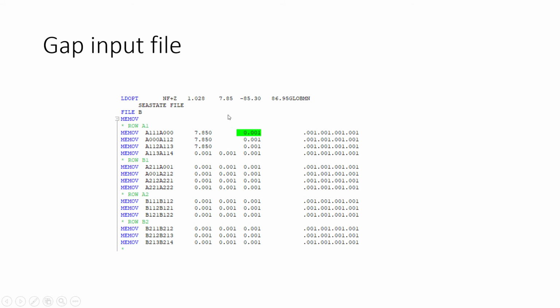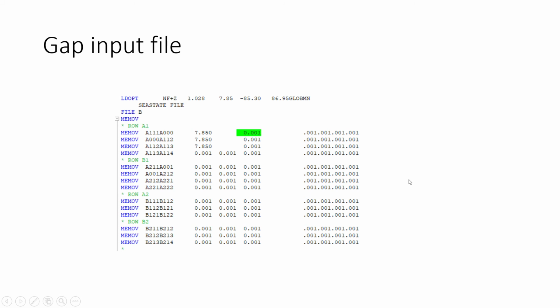Okay, this is this parameter. The remaining physical model will all be there, but there will be no density, so no load is going to act on your structure. If you want row A1 and row B1, you again have to put 7.85 here, all the way. Now you have the row A1 B1 piles. Again here, now the row A2 pile will be there. Once you apply density here, there will be a presence of the pile over there, and the weight will be calculated accordingly. All your forces and moments will be calculated in the GAP input file.